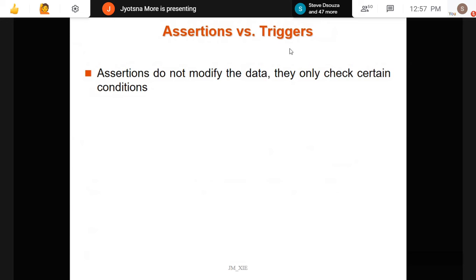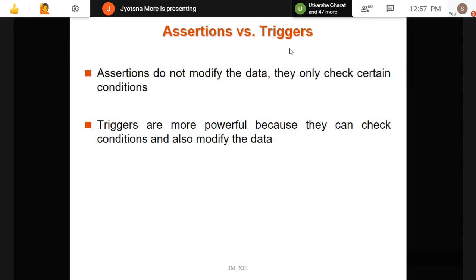Oh, sorry, data. Whereas they only check the certain condition. As just now we saw, they check whether this is there or not. They are not updating anything. They are not modifying your database. Whereas your triggers are more powerful because they can check conditions as well as perform modification of